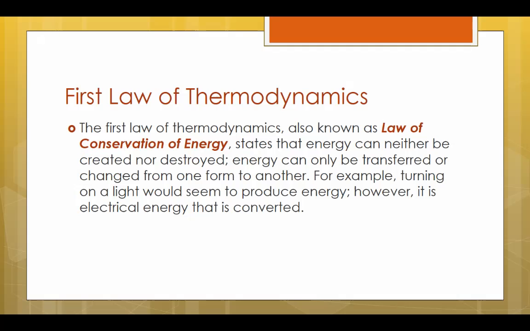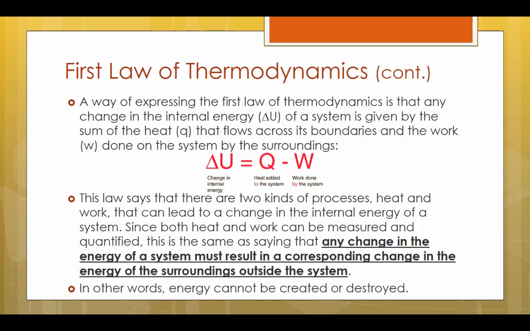Okay. All right. Now, when we think about this in terms of energy, we can express this relationship in terms of the amount of work done on a system. So we'll tie this into our work and power equations from last term. Any change in the internal energy, which we'll call delta U here, of a system is given by the sum of the heat that flows across the boundaries and the work that is done on the system by the surroundings. Okay, so Q represents the heat added to the system,